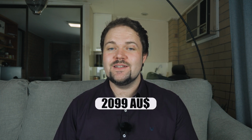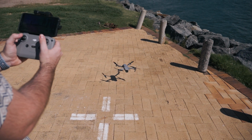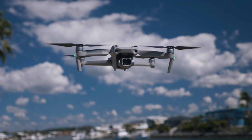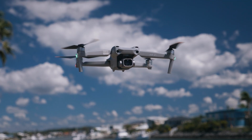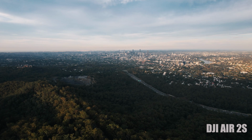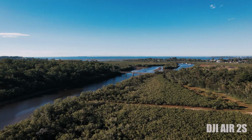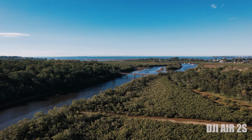For my fourth recommendation, now this is getting a little bit more expensive again. For 2,099 Australian dollars, you can get yourself the Air 2S Fly More combo. Now, this is a big leap right here in terms of quality, in terms of flight, in terms of the build quality of the drone itself, and actually what you're capturing on that 1-inch sensor on the front there. The Air 2S is when you start taking drones seriously. I'd say with the Mini 2, you're probably getting relatively serious about your drone, but the Air 2S...